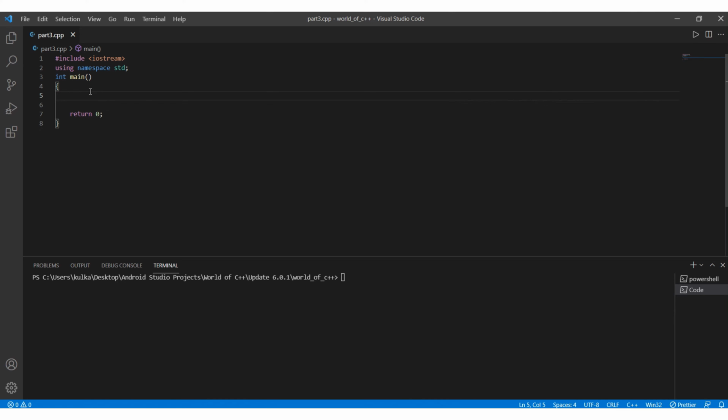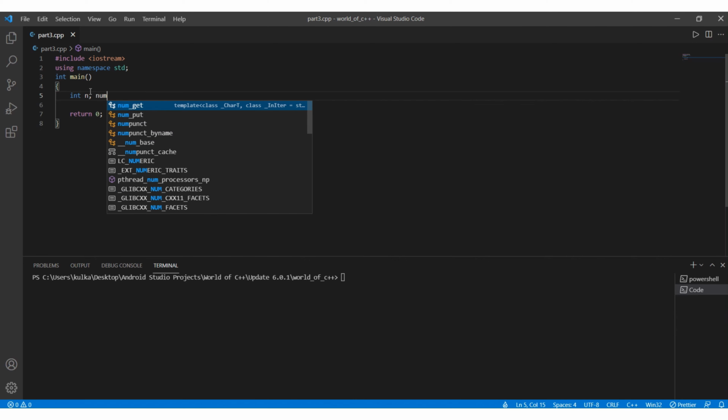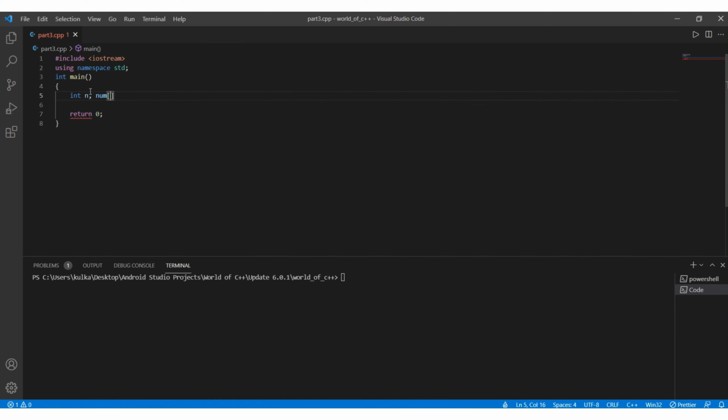Now let's check a program. Integer n, comma num. This is an array of size n. We can also do it directly, like num of size 50, but here I will do num of size n.